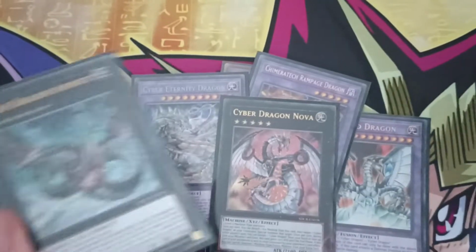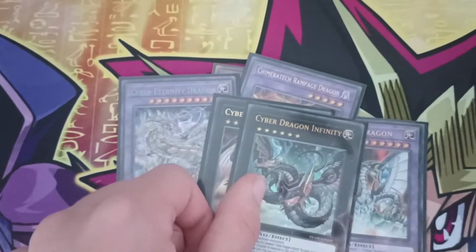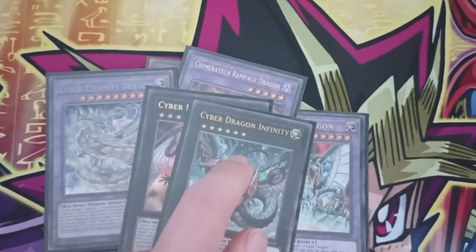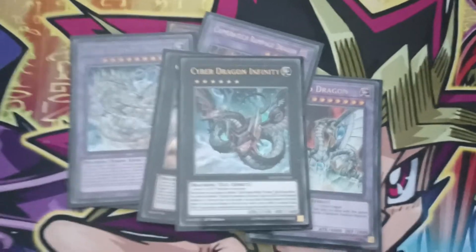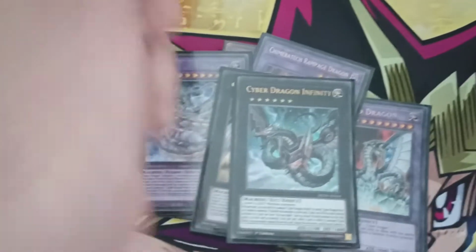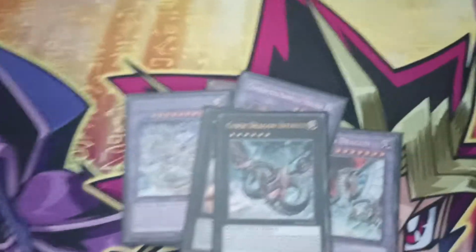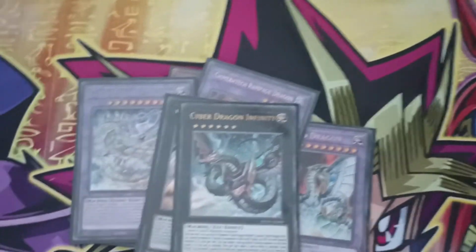What Infinity does is it requires level 6s, or you can just put it on top of a Nova. It gains 200 attack for each material, so if you've done the 2 into Nova, and then Nova itself, that's a plus 600, putting him at 27. And what he can do is he can grab an opponent's card and just yoink, put it on itself as material, get another 200 boost, and the best part, he can detach material to negate and destroy a card when,